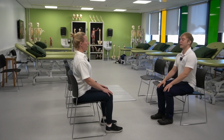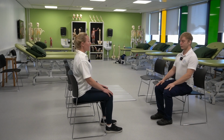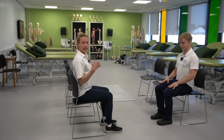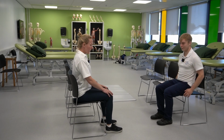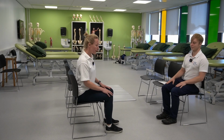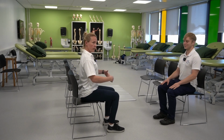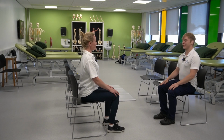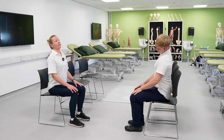Alright, so what we're going to do is start off at the top and work our way down, okay? At this point, you could tell your patients to either stay seated all the way at the back to get plenty of support from the back of the chair. If they are able to sit by themselves unsupported, you could encourage them to do a little hip walk and leave a gap between their back and the back of the chair, and support themselves using their own trunk. Brilliant. Alright, so we'll just start off with some circles, so